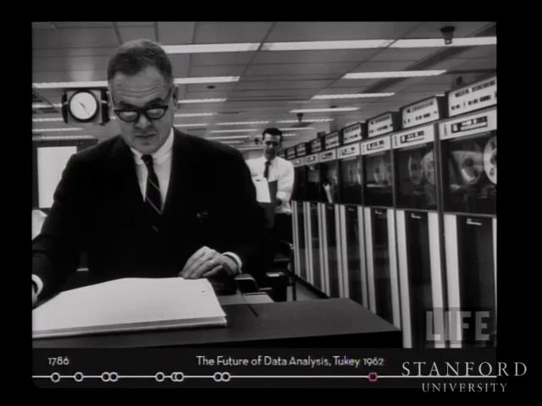A statistician of great stature and well respected within the community, he was actually able to speak to the community about some of its limitations, at least as he saw them. And so I'd like to read a quote from Tukey in his classic paper from the early 60s on the future of data analysis. And Tukey wrote, The last few decades have seen the rise of formal theories of statistics,